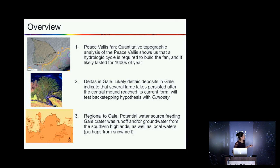These deposits in Gale likely are recording a period of large lakes after the central mound, and knowing exactly what that lake level sequence is something I think we're really going to test as we get to this deposit, this entrance canyon deposit. And the fact that there is a potential water source feeding Gale from the south to the north is perhaps also responsible for the incision of other crater rims throughout the